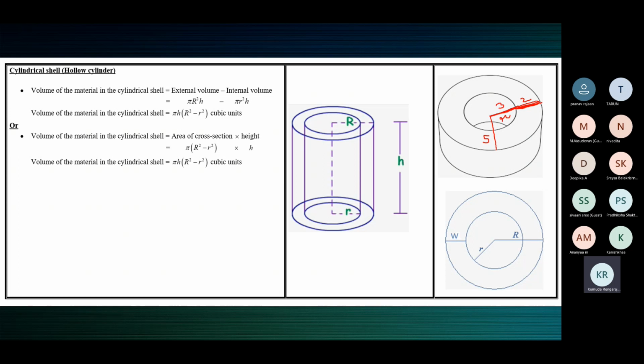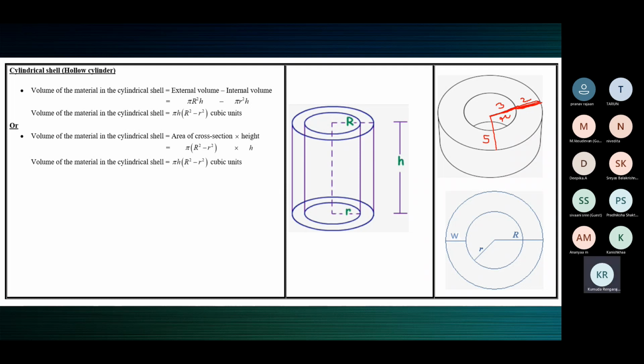When can you ignore it? When it is so thin that it's so difficult to find how much it measures. That is what is negligible. Negligible is not that you are very broad-minded and say it's okay, let it go. It's not that. Negligible means it's so small that you can ignore that thickness.